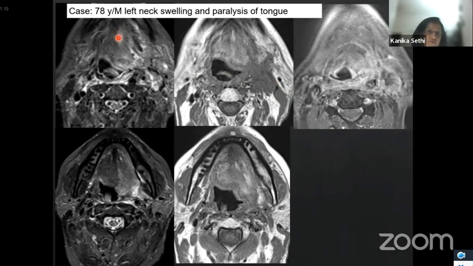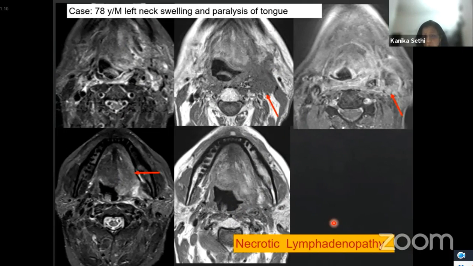Here you can see denervation atrophy of the left half of the tongue, which is falling posteriorly. Whenever you see denervation atrophy of the 12th nerve, you will see a very sharp medial margin, which will not cross the midline. If it was a tumor, it would have some irregular shape, and this is how you differentiate. And this patient also had vagal nerve palsy, so this was a large necrotic node causing the palsy of these nerves.